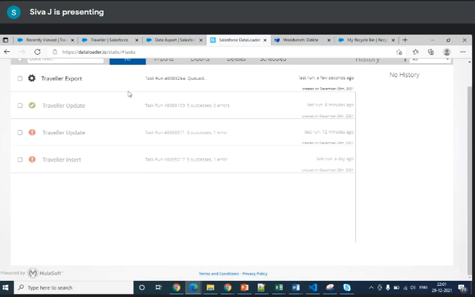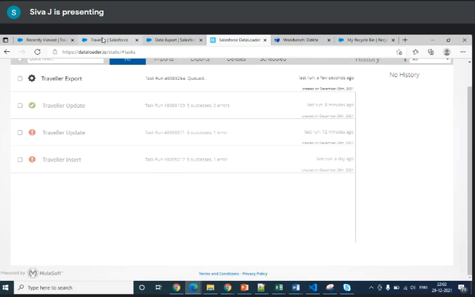Shiva, to install the data loader tool, can we do it anywhere else, or from Apex only? Oh no, we can do it even internally. If there are no restrictions on your laptop, it is very easy to install. If there are any restrictions, then we have to ask for help from our company people. What version, or would simply data loader do? It's just directly the latest. I always prefer to take the latest one.